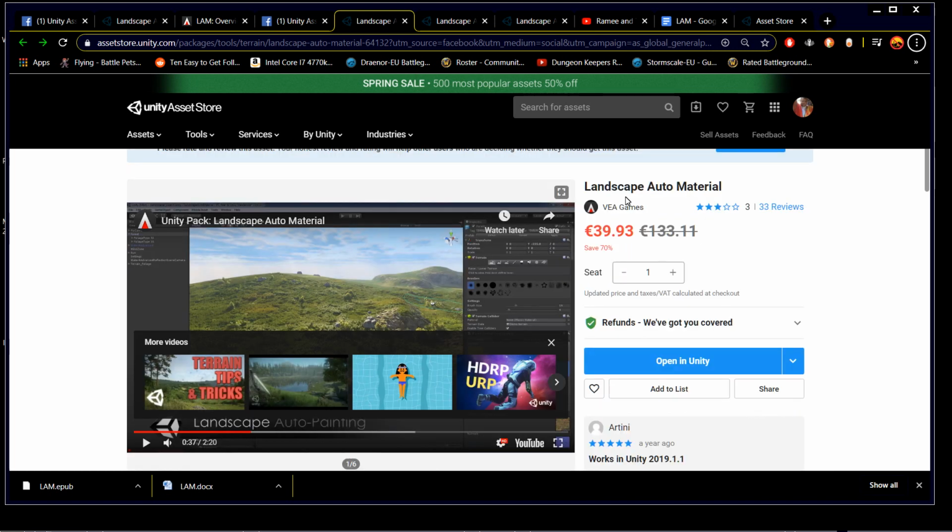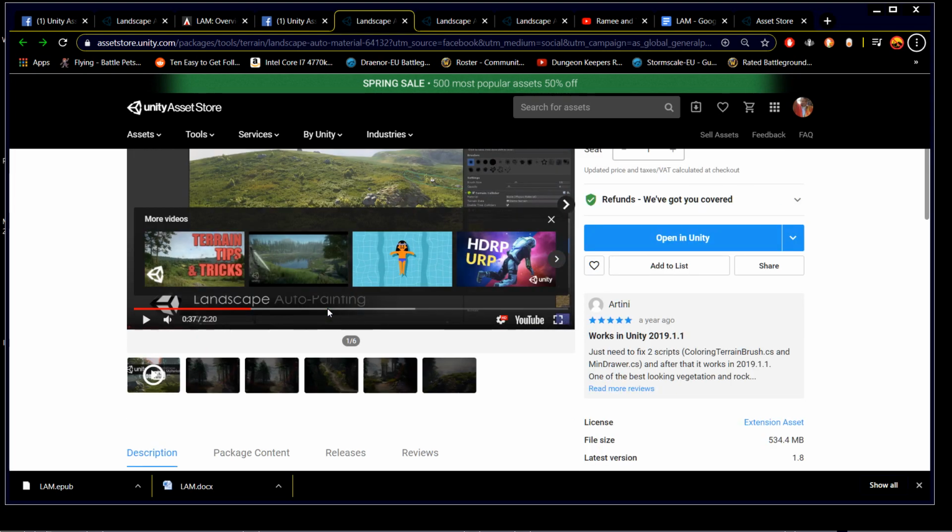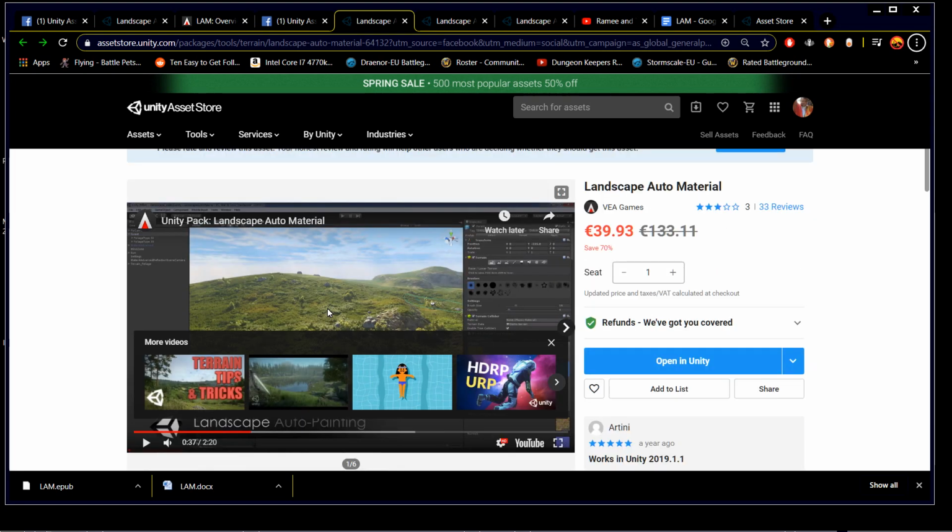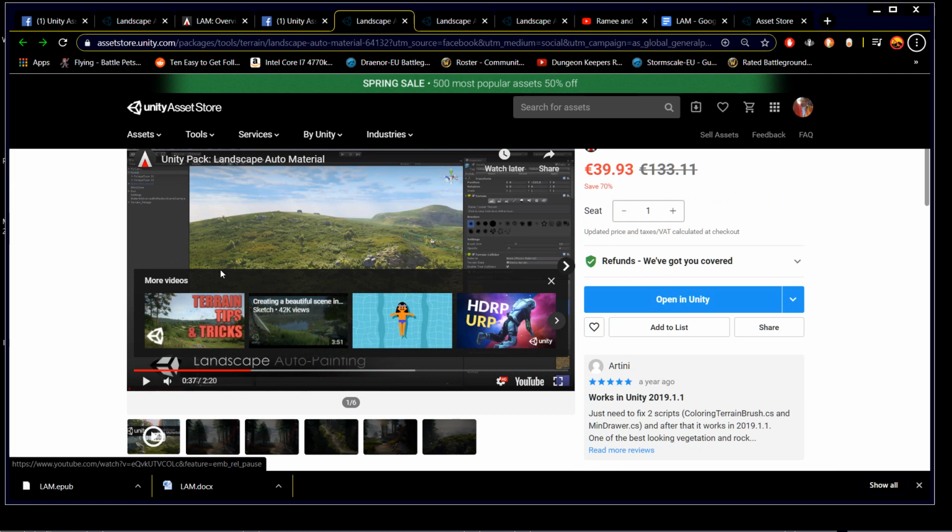Okay, so this is a quick review, first impressions of Landscape Auto Material. It's on special offer at the moment. It's still quite pricey if you ask me, even at 70% off. I don't know, I mean, my initial impressions are it looks beautiful,